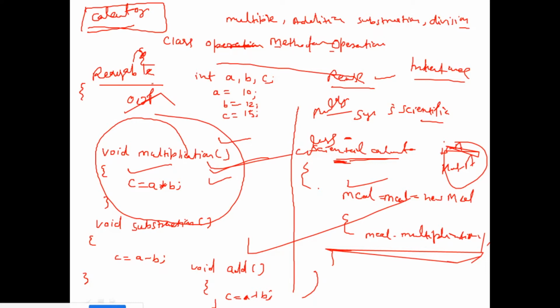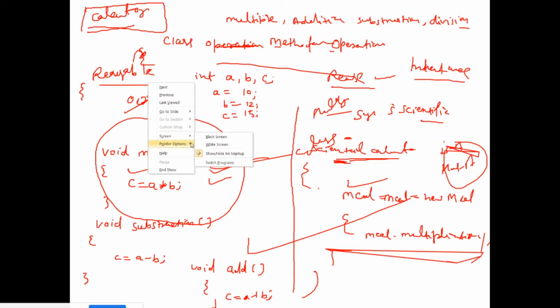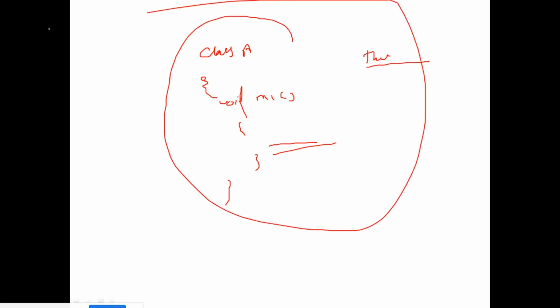Okay, so this way there is a usage of making a class. Now for your answer, why am I going to make it over in the next class? I can do it in the same class. So I have a class A and a method m1, void m1, and I call the same method inside the same class. This is just like I make food and eat it. I don't ask anybody to have that food, right? So what is the use of doing that?